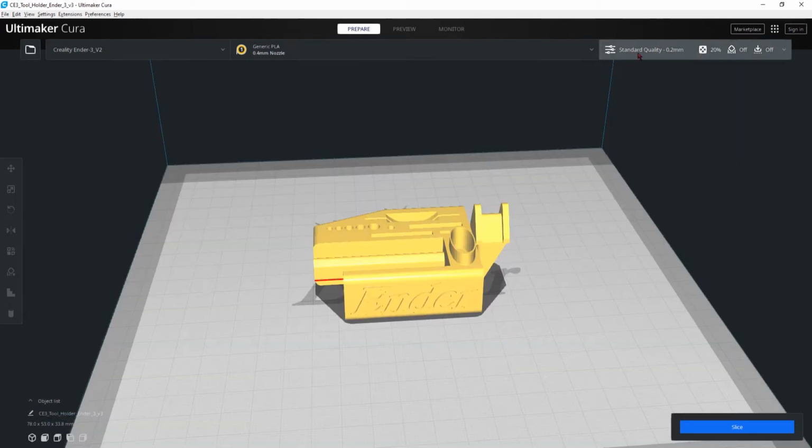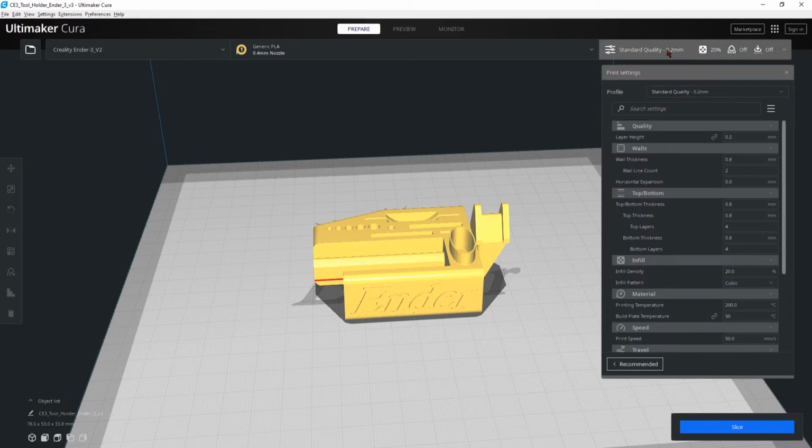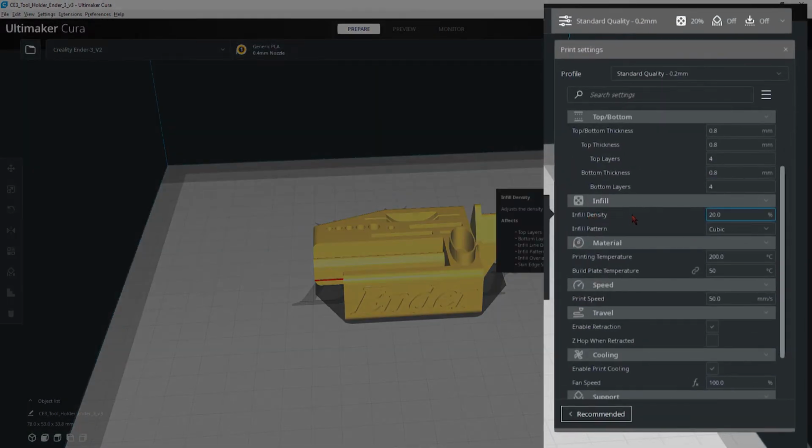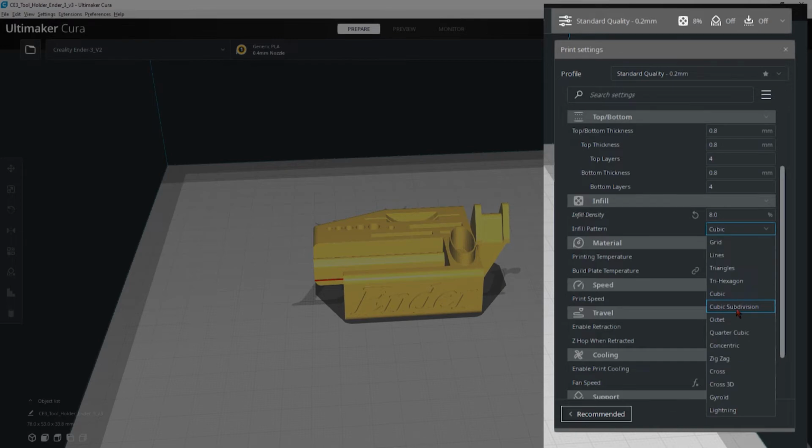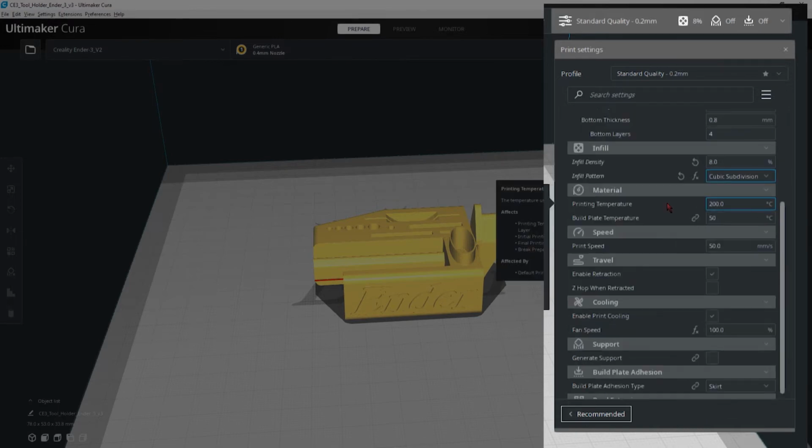Click the top right tab to open up the settings. First, I change 2 settings for my liking. Under infill options, I lower the infill density from 20% to 8% and the infill pattern to cubic subdivision for slightly faster prints. Under material options, I raise the printing temperature to 205°C and build plate temperature from 50°C to